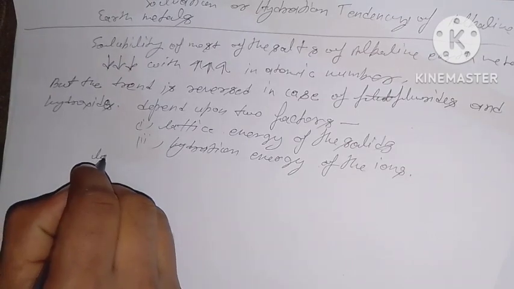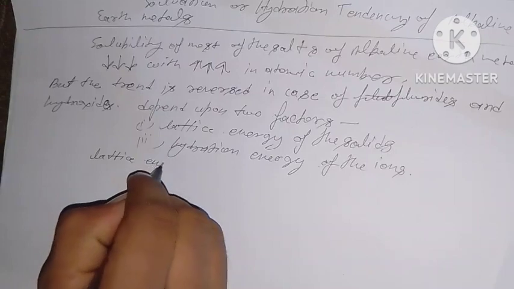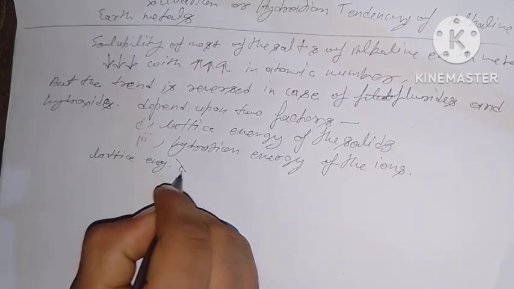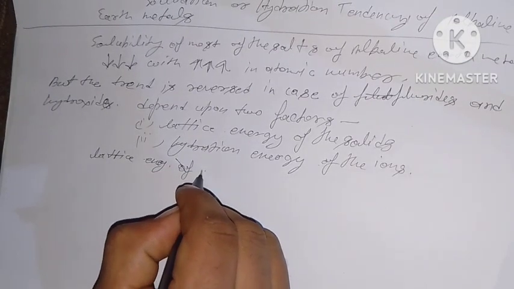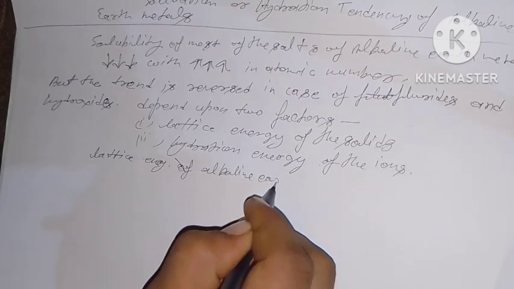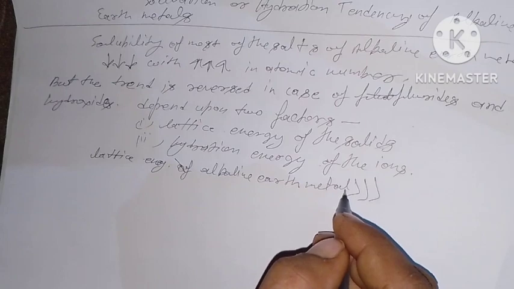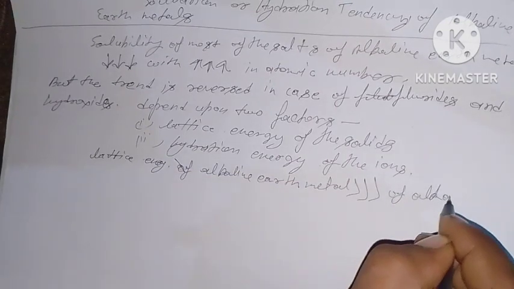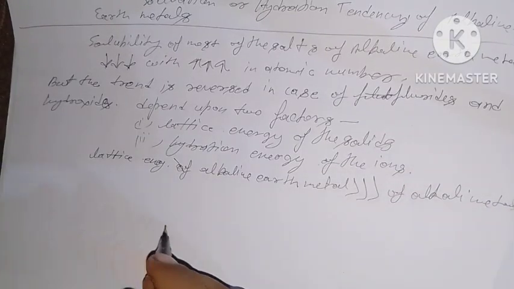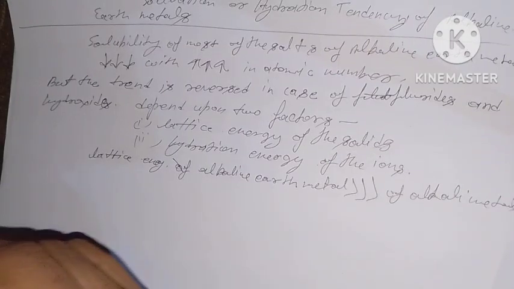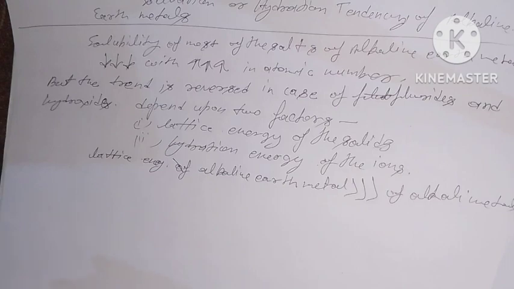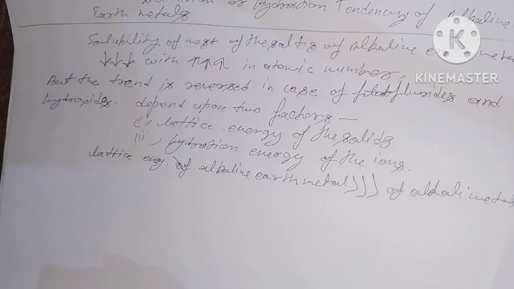The lattice energy of alkaline earth metals is much higher than lattice energy of alkali metals. This is due to the effect of increased charge on the ions. The lattice energy value decreases as the size of the metal increases. The hydration energy value also decreases as the metal ions become larger. For solubility of a substance, the hydration energy must exceed the lattice energy, and moving down the group